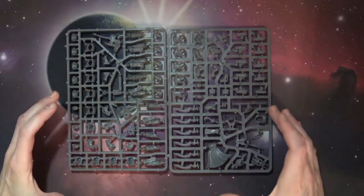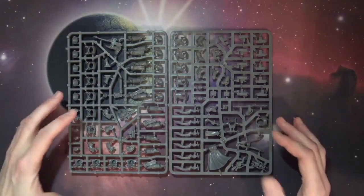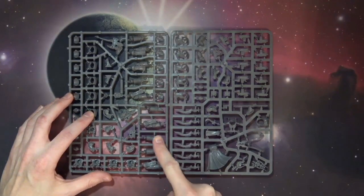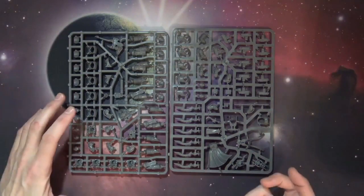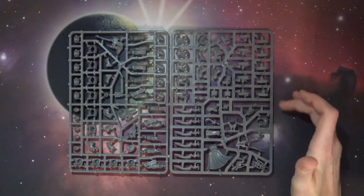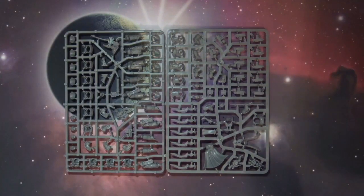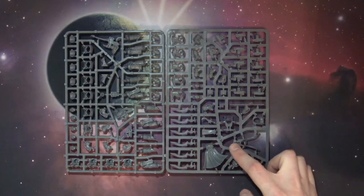All right. So, anyways, back to the T-Sons. These guys can only go together really one way. And the thing you want to look out for, the gotchas, of course, is that the legs are numbered and go right with each other. Now, you don't have to worry about the arms as much or anything like that because they only go together in a certain way. But be careful with these combi bolters, putting those together because they're 2 parts, left and right. Everything else seems to be pretty solid and pretty fluid. And the real only customization is the front tabards of